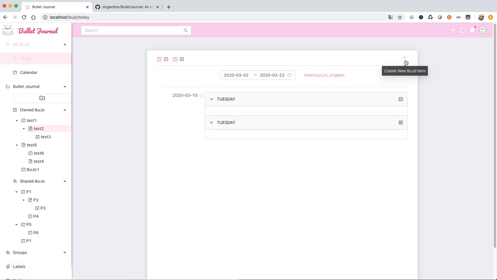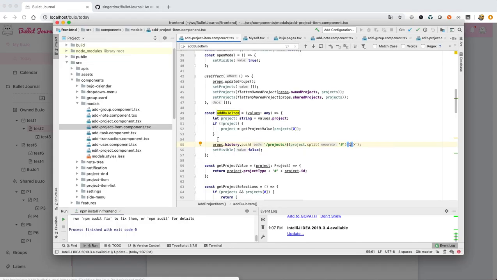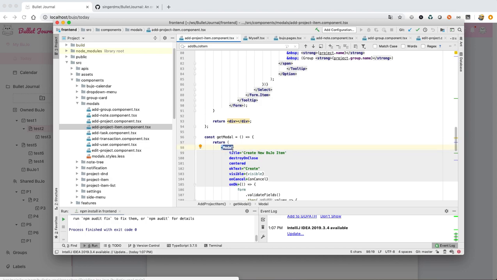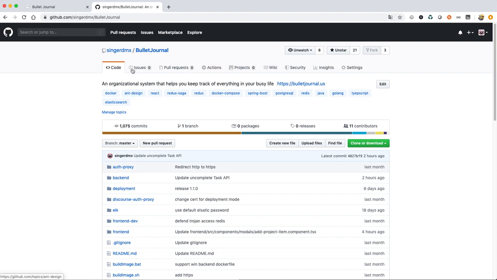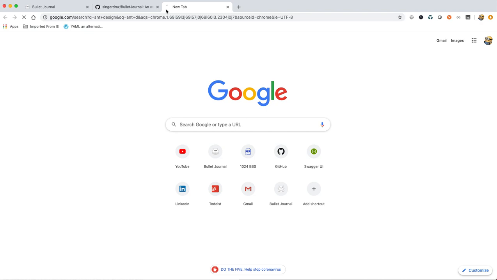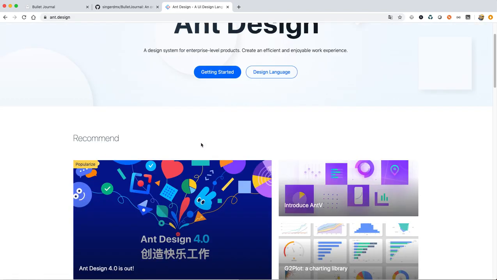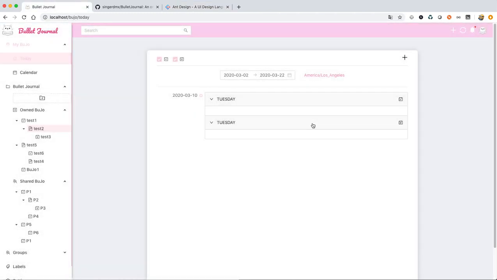You can also bring it up here, like here. Same. So that's the model. We are basically just using the model component from Ant Design, which is the library we've been using. If you search for Ant Design, it's an open source framework for React, which is very good. The second thing is let's look at